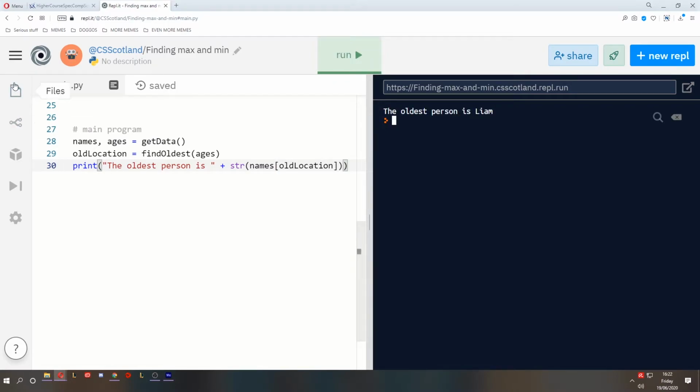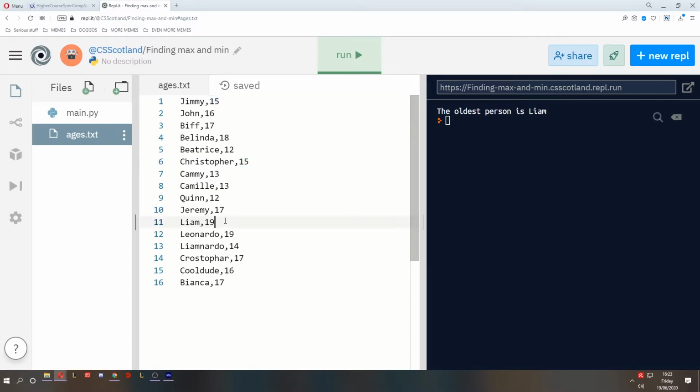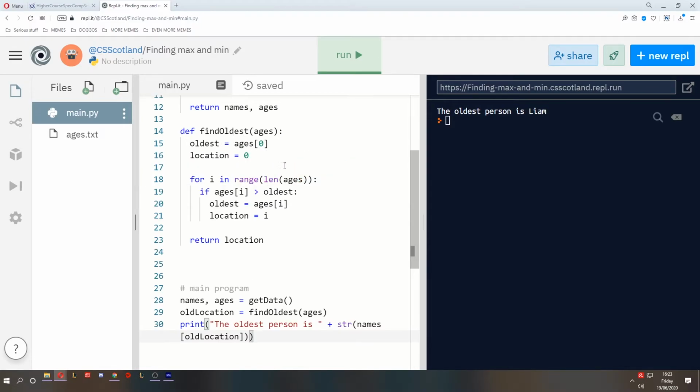Excellent. Let's take a look. Is Liam 19? There he is. Liam is the first 19-year-old. So it's working. Now, some of you eagle-eyed people out there might have noticed that we're doing something that is